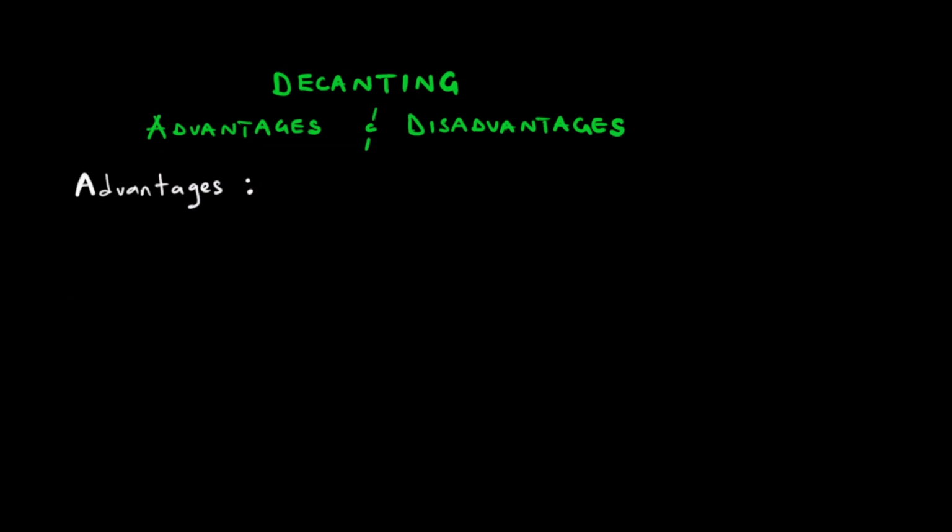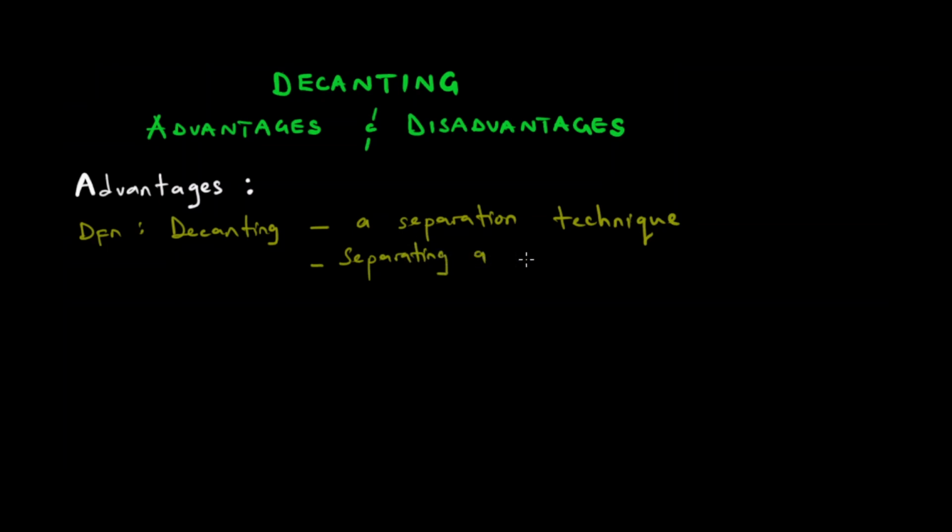If you allow me, we can double down on this definition. So we defined decanting as, firstly, a separation technique. But if it is a separation technique, what are we going to be separating? We are separating a liquid